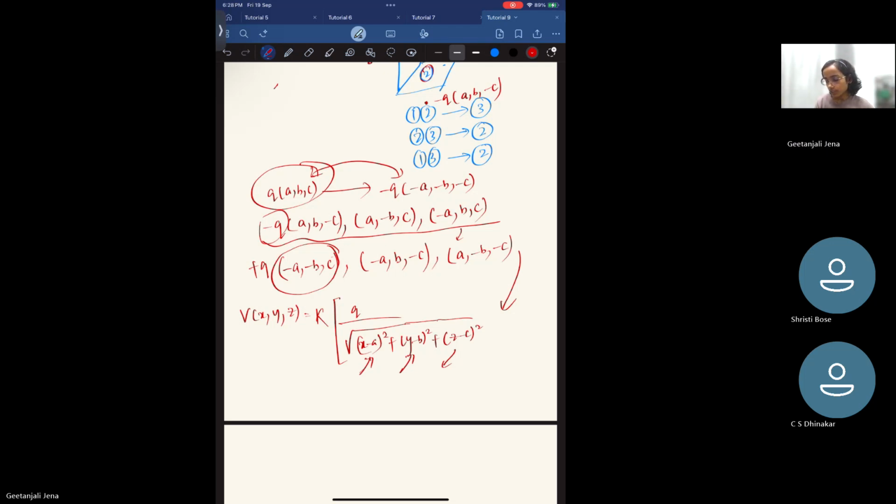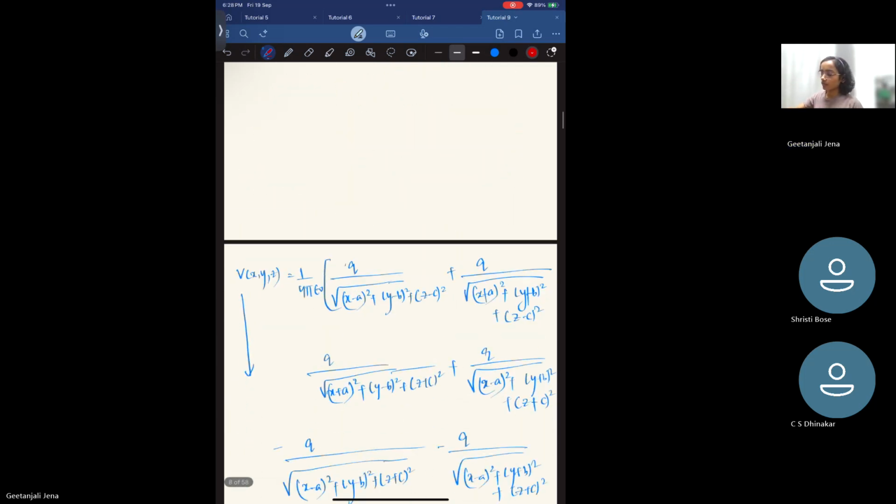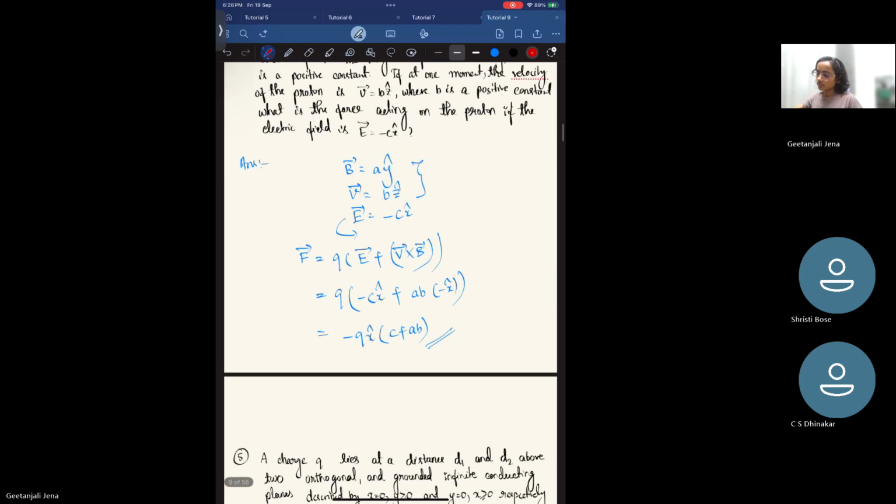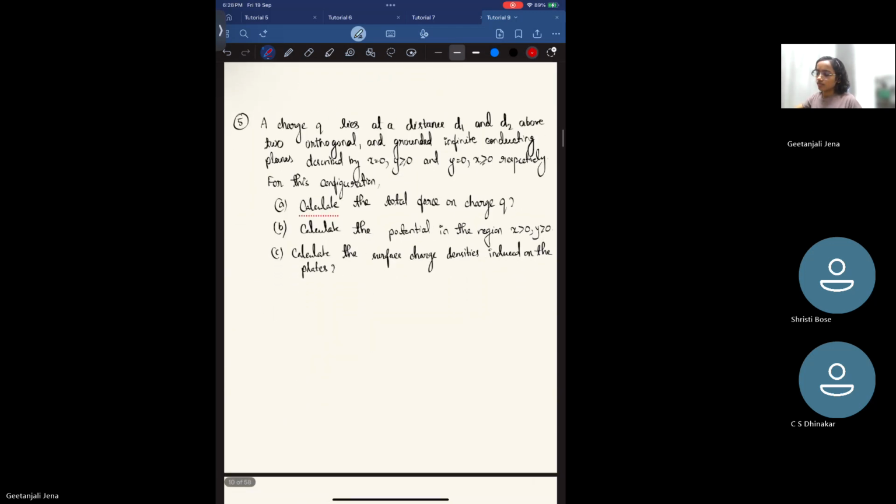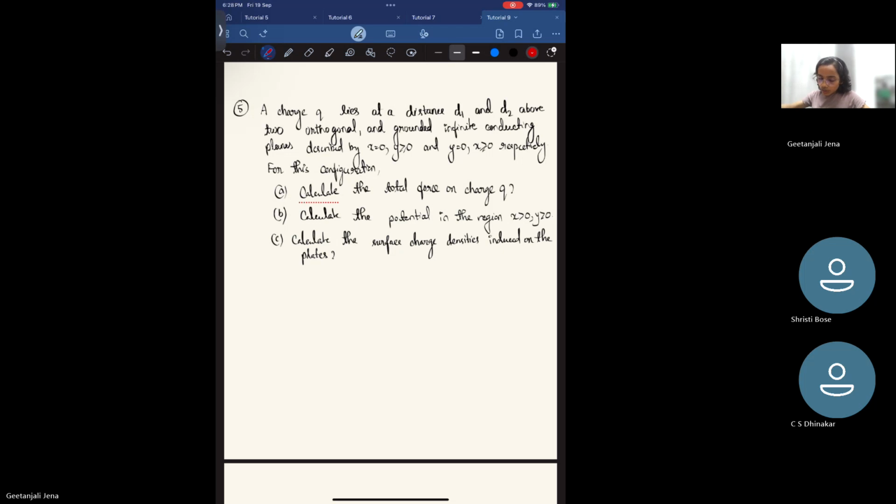Okay, so let us move to our next problem. So there is a charge. Also, it is similar to what we've seen in question number 3. But here we need to calculate what is the force on charge Q, what is the potential, and what is the surface charge density. So instead of a parallelepiped, we have only two planes which are intersecting at an angle